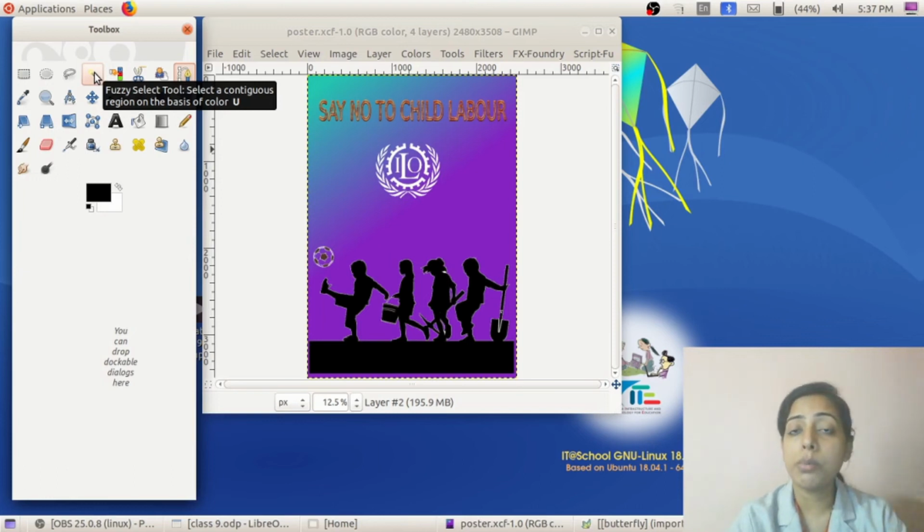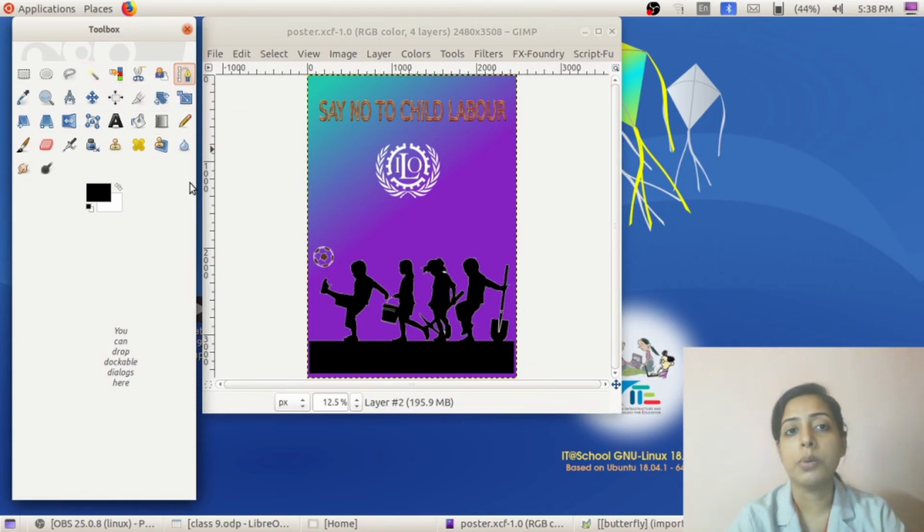If you want to remove any region by using the fuzzy select tool, we can click on that particular region and press the delete key so that the region gets removed. In this case we can make use of both tools, because here you can see only one color, black. If you select the select by color tool and click on black, all the black portions get selected. But there may be other cases where a lot of colors are there in one image. In that case we have to use the fuzzy select tool to remove the background color or a particular region.